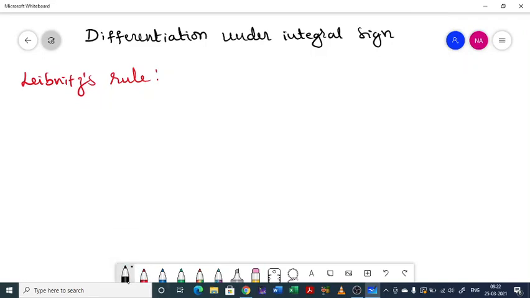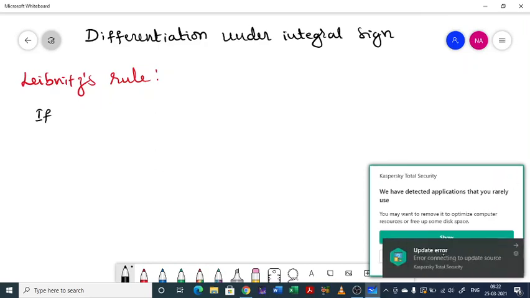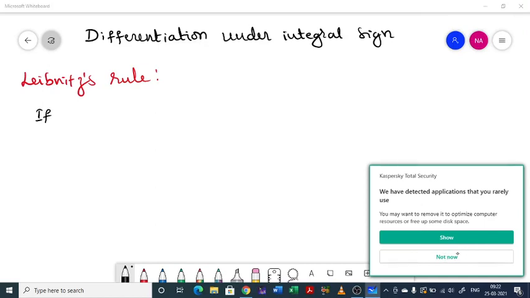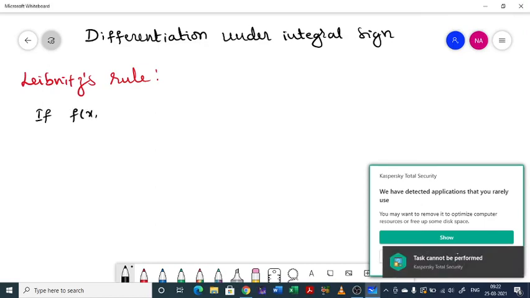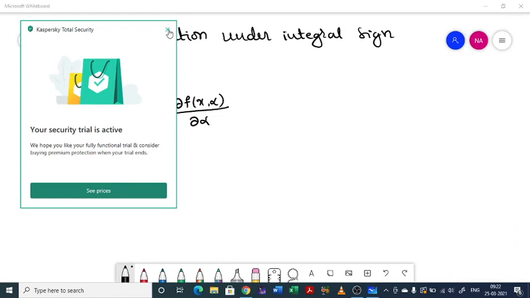So first, to discuss problems on differentiation under integral sign, we need to discuss Leibniz rule of differentiation under integral sign. Shortly we write Leibniz rule. So this rule says if f of x comma alpha is a function in two variables x and alpha, and its partial derivative with respect to alpha, dou f of x comma alpha by dou alpha, if these two are continuous